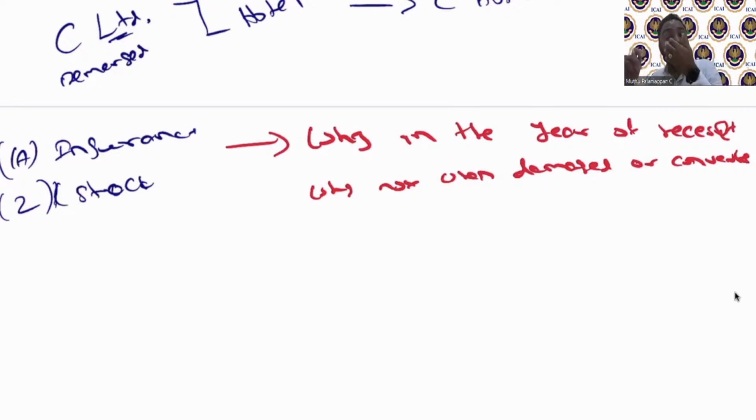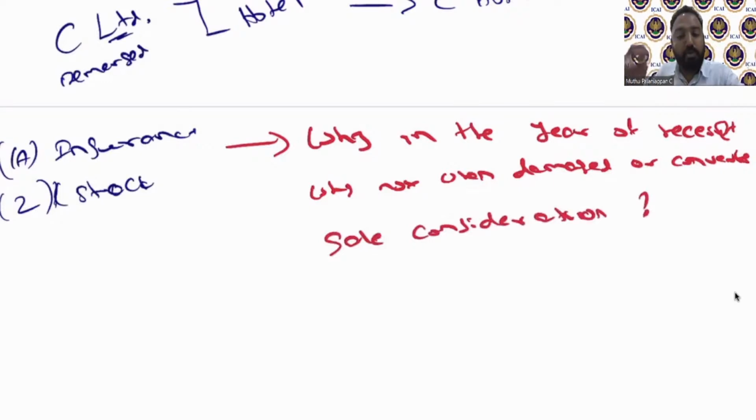The reason is, see, in the year of damage, do you have the money to pay capital gain? In case you have to pay capital gain, will you have the money? No. And will you know how much you are going to receive? Being insurance, will you know how much your sale consideration is going to be? The sale consideration is a question mark. So for insurance, you do not know how much the sale consideration is.